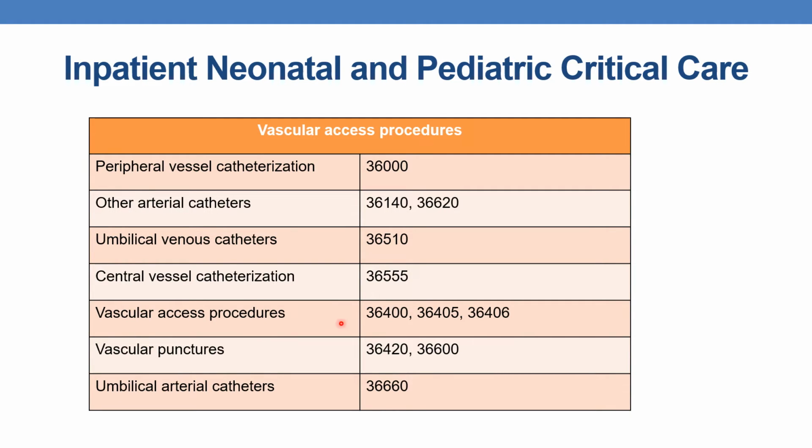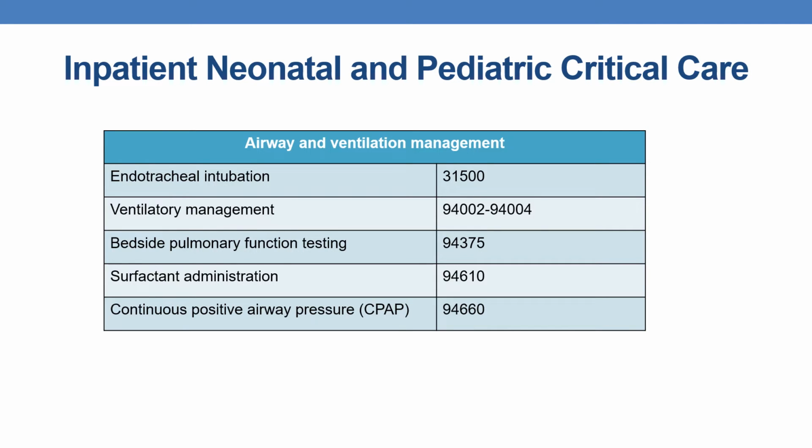Vascular access procedures 36400, 36405 and 36406, they are included. Vascular punctures, which come under the CPT 36420 and 36600, they are included. Umbilical arterial catheters 36660, this is also included. Now procedures regarding the airway and ventilation management. The first one is endotracheal intubation 31500. This is also an included service, but